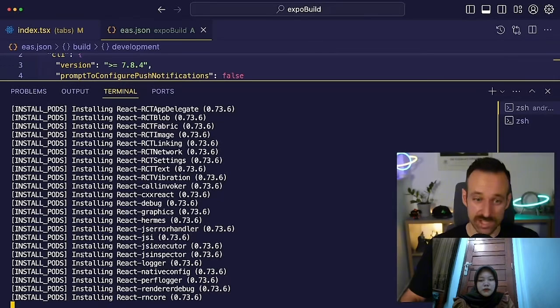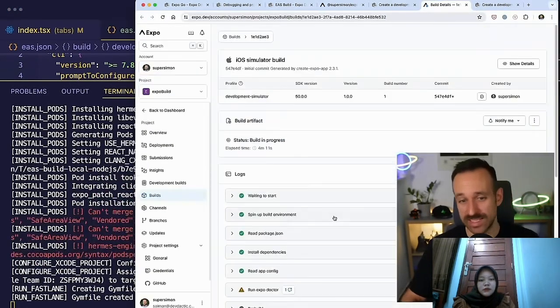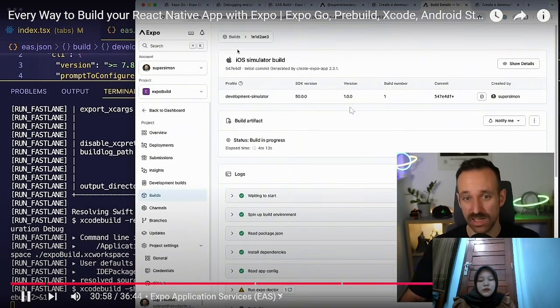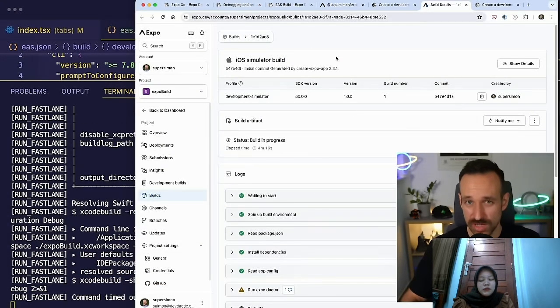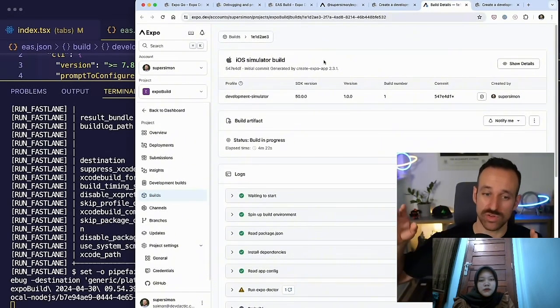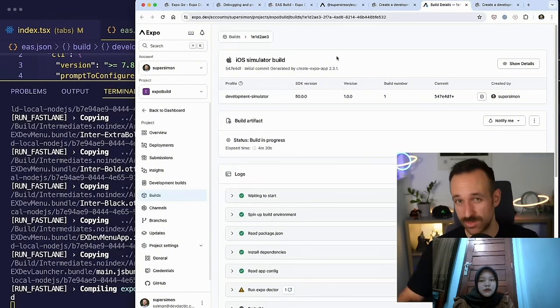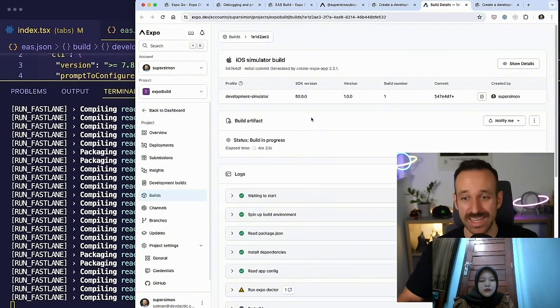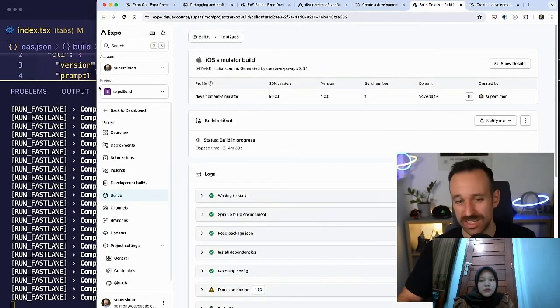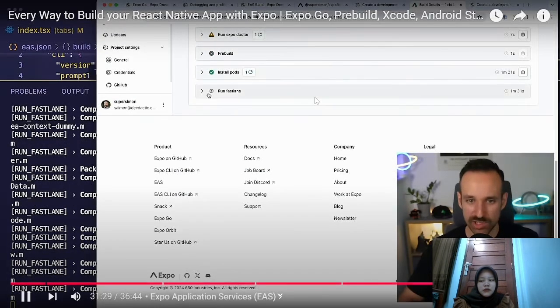As you've seen, we can do it locally. We just need to configure the project once, or we can build in the cloud, which of course gives you access to a lot more things. You can connect your accounts, your App Store Connect account to EAS, which means the build is in the cloud. It will get submitted to App Store Connect, and it's just a lot easier to make new releases of your application. So for every company that's doing frequent updates to the React Native application, EAS is highly recommended. And I've talked to many companies and they all just love it. Just look at the statistics in the State of React Native survey. Okay, would be pretty cool if this would be